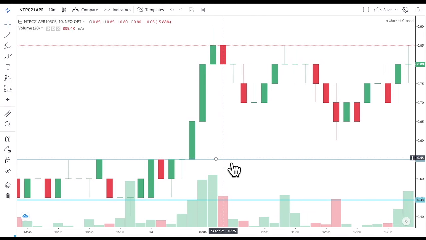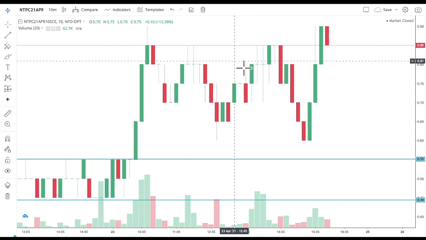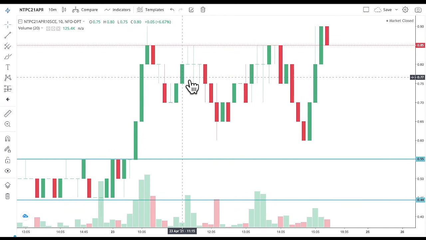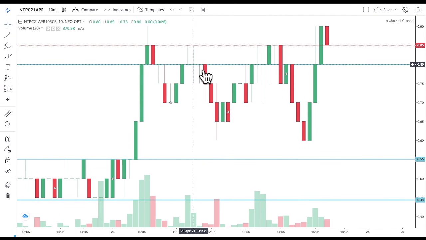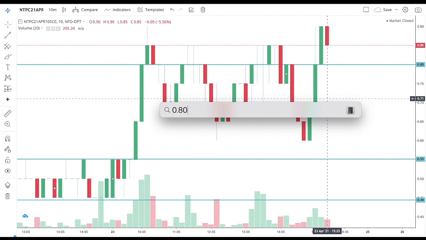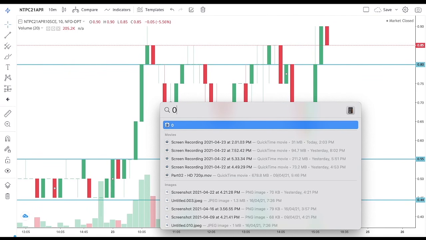So until what level did the stock go? The stock went up to 0.90, but let's say somewhere here you exited the trade. You saw the market going up and down, and exited the trade somewhere around 0.80. Let's mark this level. So what will be our profit in this trade? 0.80 minus 0.55. This is our exit price, and this is our entry price. So 0.25 is our profit. So 0.25